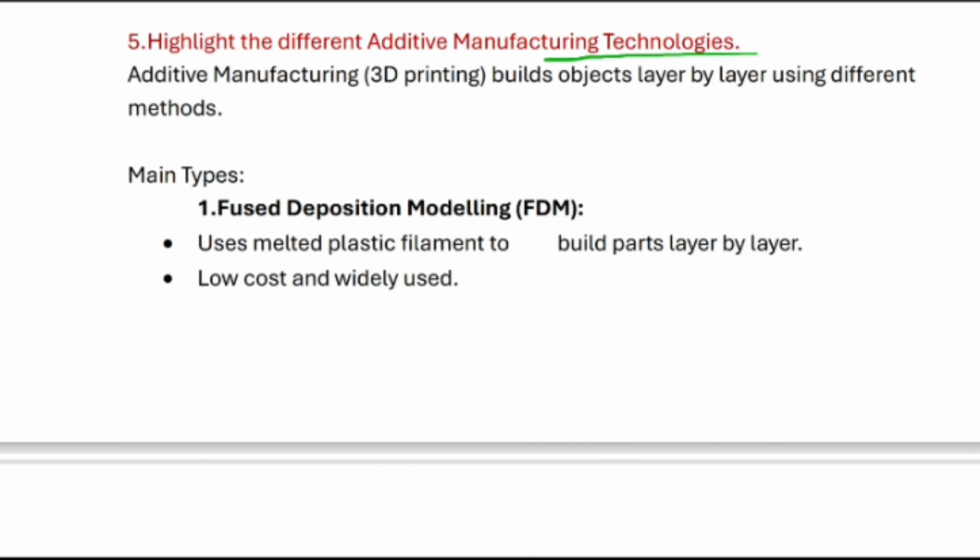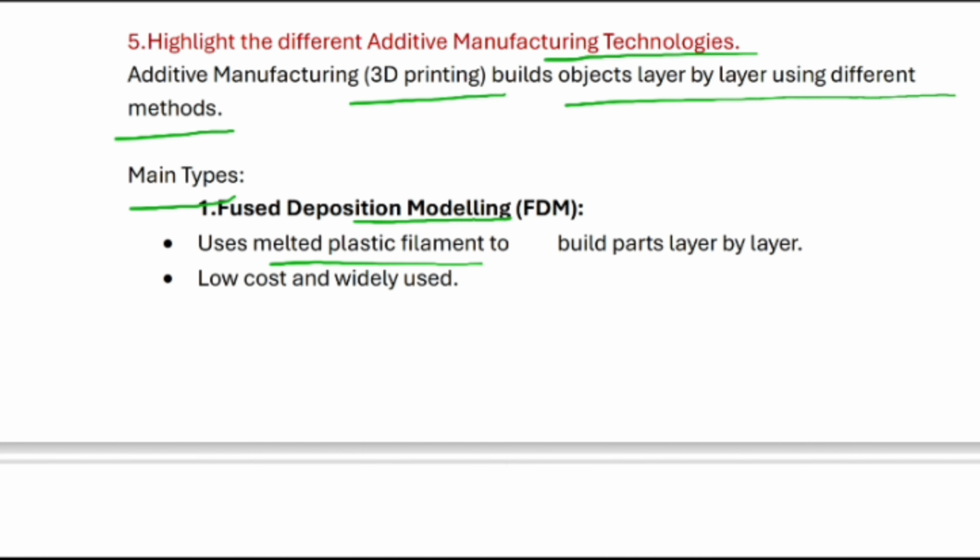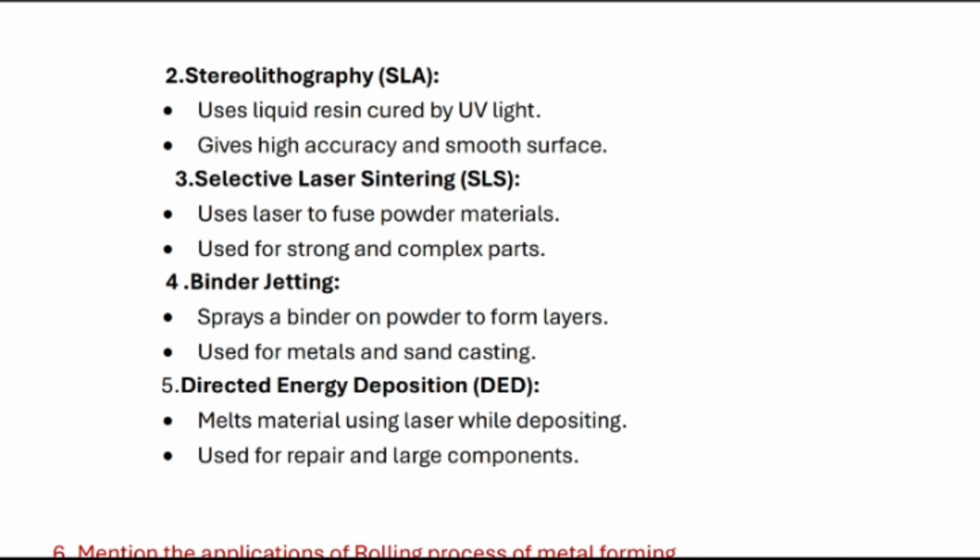Additive manufacturing, or 3D printing, builds objects layer by layer using different methods. The main type is fused deposition modeling, FDM. Here we use a melting plastic filament to build parts layer by layer, and it is low cost and widely used. And the next method is